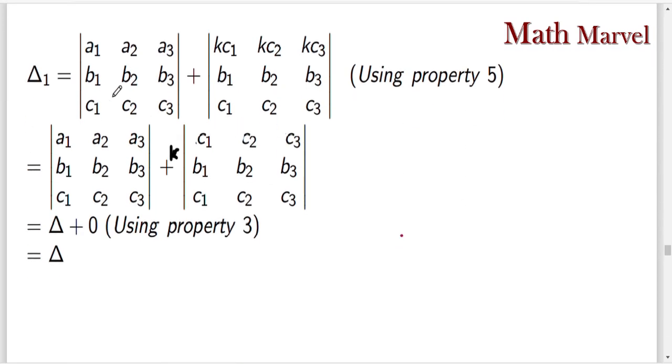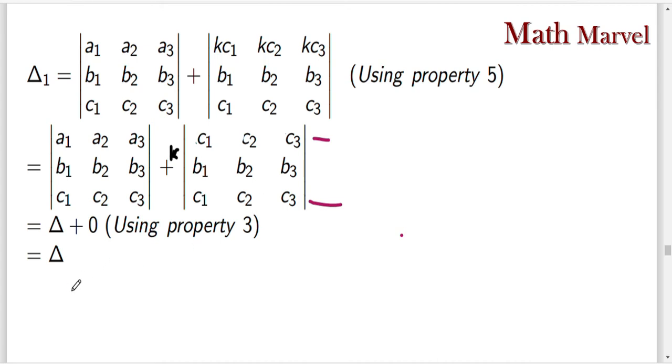After this determinant keep as it is, plus here observe that here in first row k is a common, so take k outside and write the remaining elements. After here observe that this first row and third row same row. Okay, elements are same, these are the identical rows. So according to property number 3, what is the value of this determinant? Value is 0. So value of this determinant is delta we put, plus here k into value of this determinant is 0. So k into 0 becomes 0.